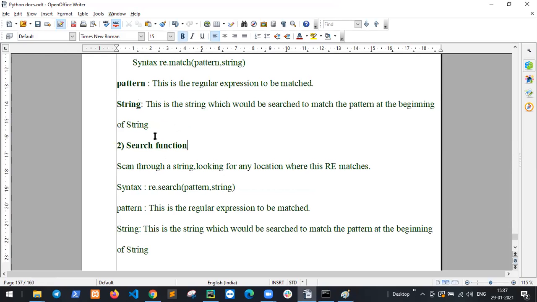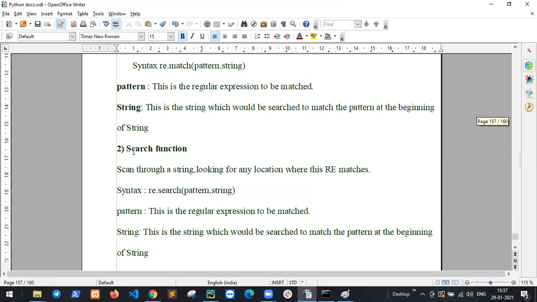Okay. The first is match and the second is the search function. The search function scans through a string looking for any location where the regular expression matches. Syntax: re.search(pattern, string). Both are the same, but the syntax is different.